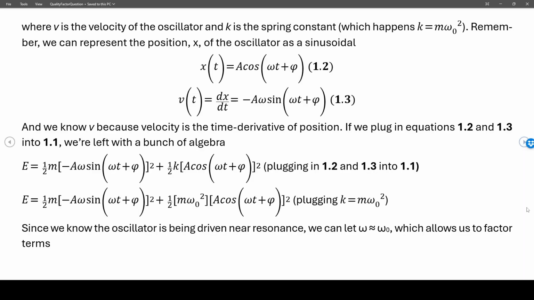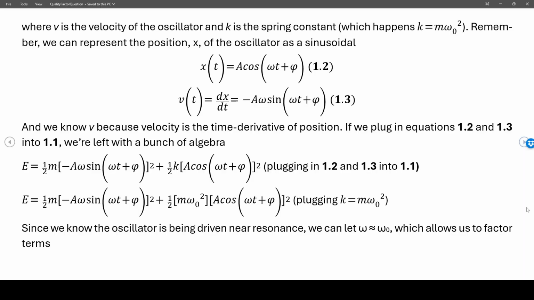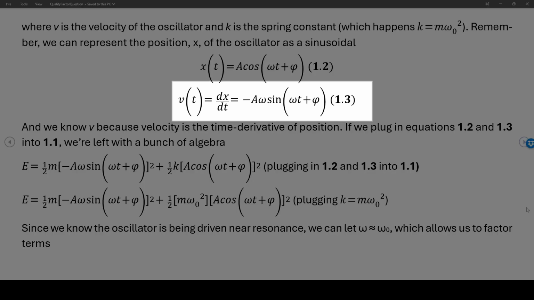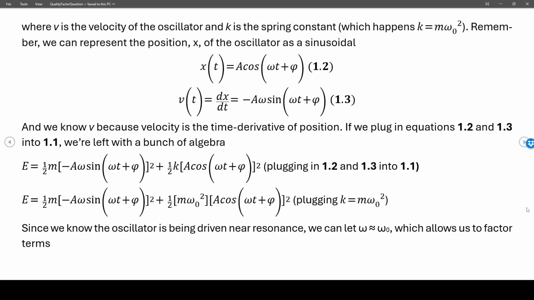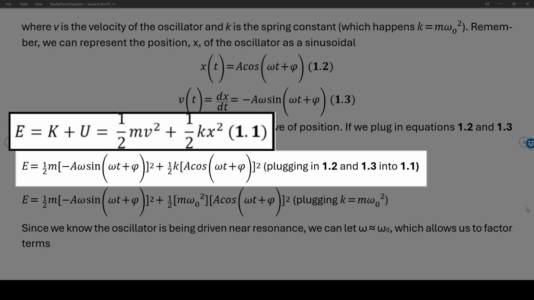Remember, we can represent the x position as a sinusoid. If you look at 1.2, we can represent it as A times cosine of omega t plus some phase shift. Now, it turns out this phase shift won't matter; I included it to be proper. We won't really need it in our problem, as you'll see shortly. V, that's the velocity, is simply the derivative of x, and that gives you 1.3: minus A omega naught times sine. If we plug equations 1.2 and 1.3 into 1.1, we get this long mess of an equation,